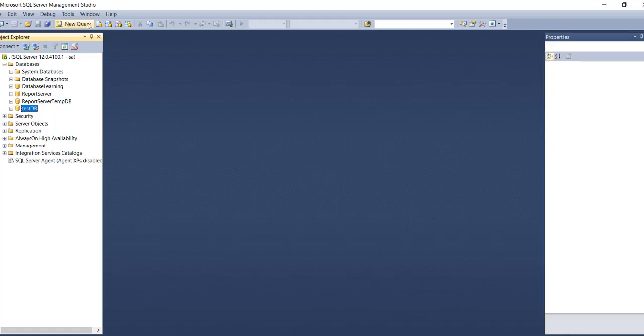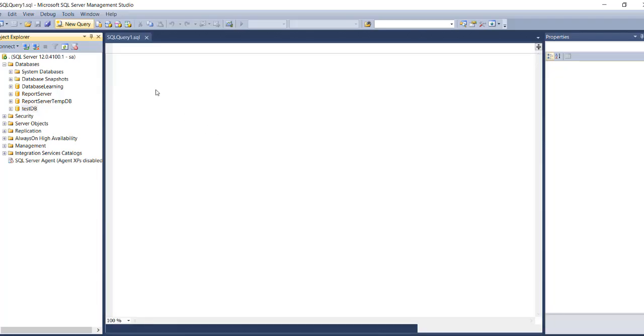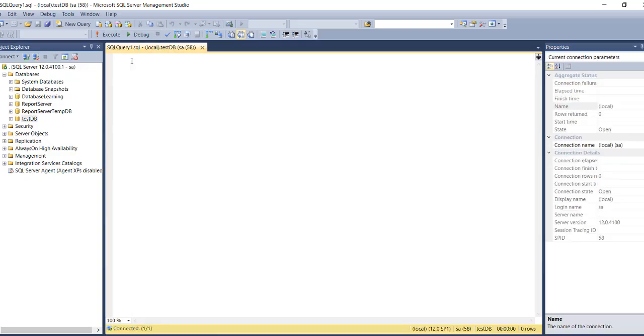Now what if you want to create this database using SQL queries? For that you need to have a query editor, and for that click on New Query. It will open a new query window for you where you can write your SQL queries. So for creating a table, database, view, procedure, anything, you need to write the SQL command, that is the create command, right? So we will write here